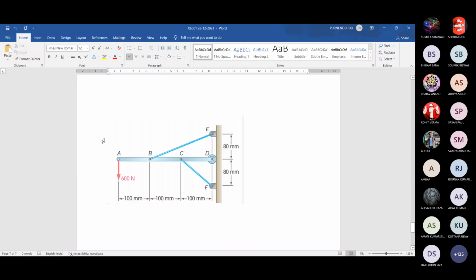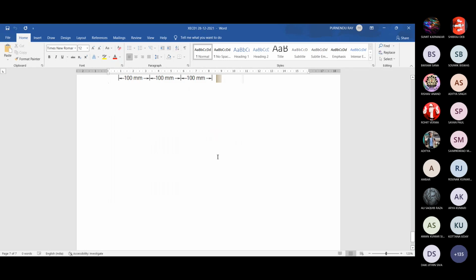And a similar kind of situation is there. Two such links are there to provide an equilibrium configuration of this horizontal member AD, where D is the roller support. Here the reaction will be horizontal towards the left.